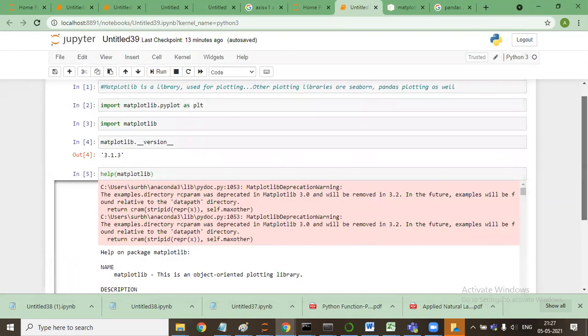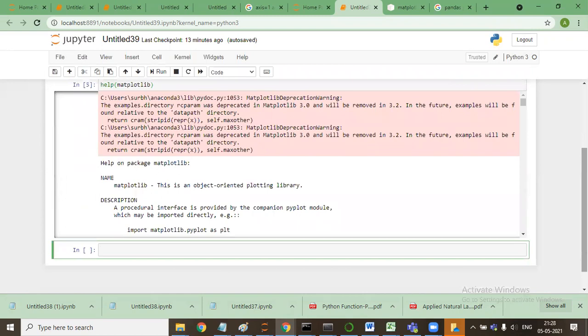So now if I make a variable, say x is equal to m1, m2, m3, m4, m5, m6.